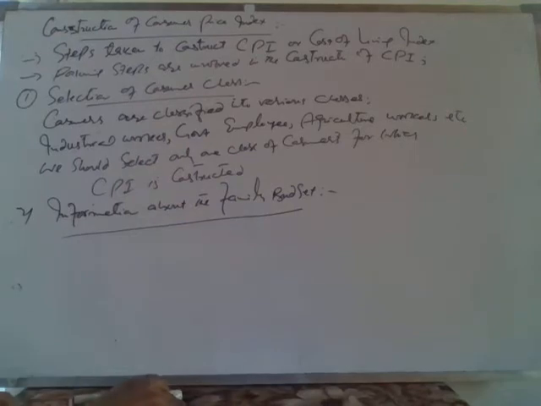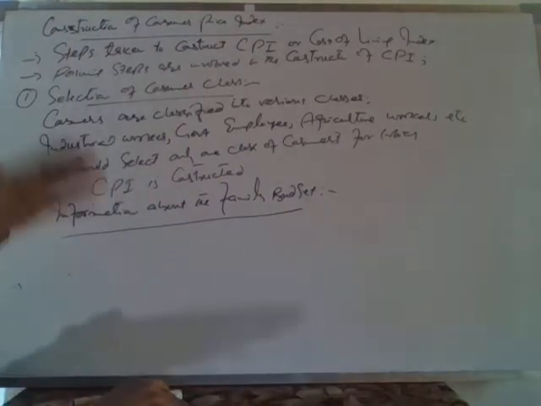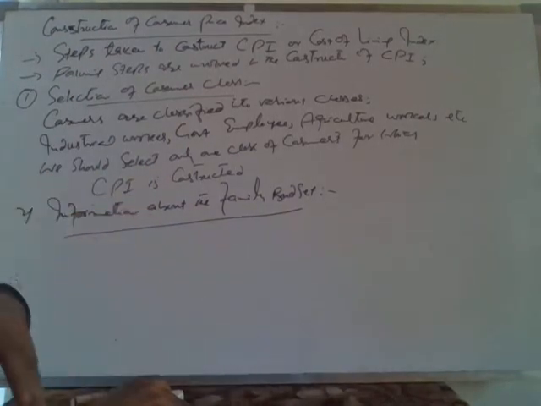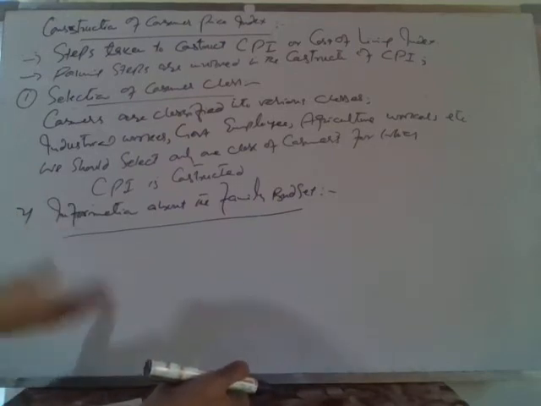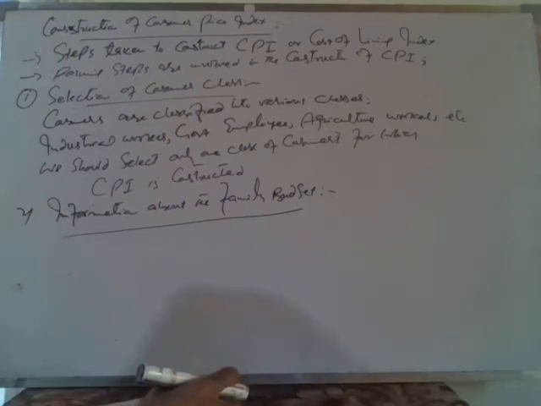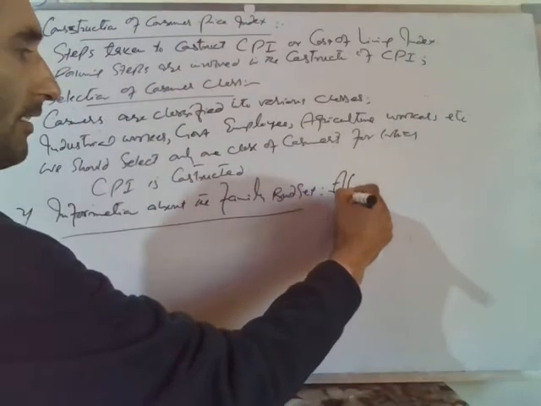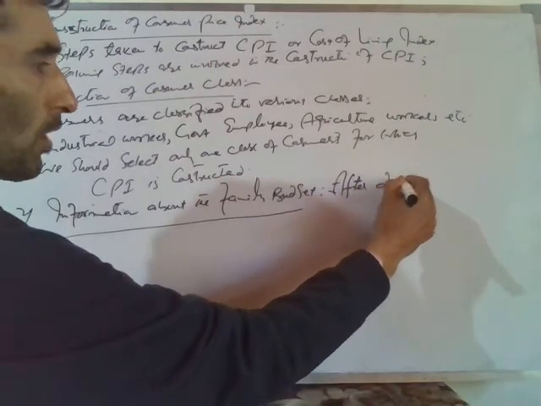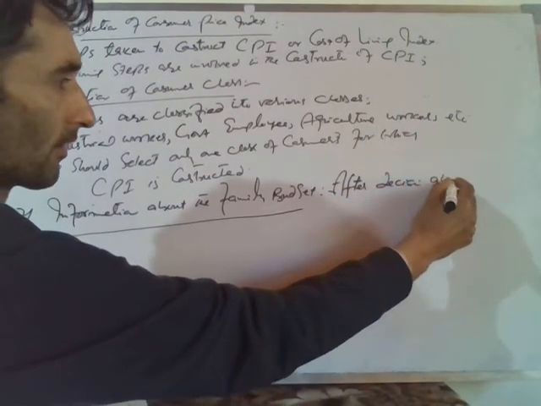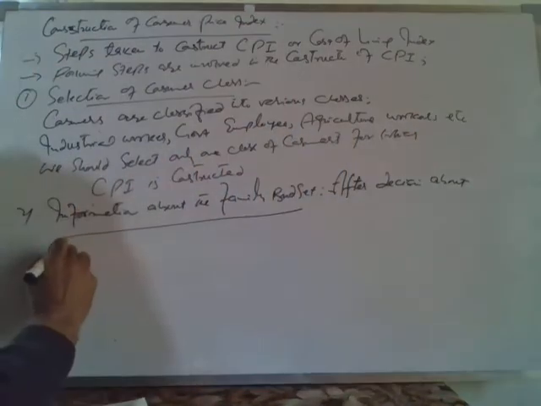For example, if we have selected agriculture workers, we must know their income as well as expenditure, how much commodities they consume, which type of commodities they are consuming, price of concerned goods which they are consuming, money spent on these goods and services. So after decision about the consumer class,